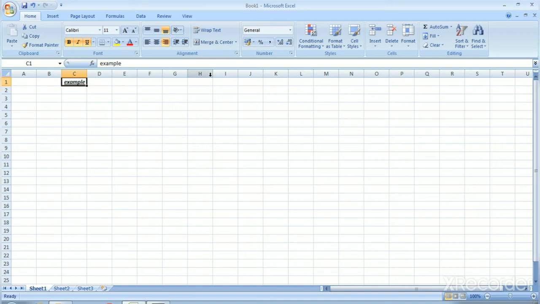Each worksheet is made up of 256 columns and 65,536 rows. You can see all the columns and rows with the help of scroll bars. The intersection of rows and columns is called a cell.